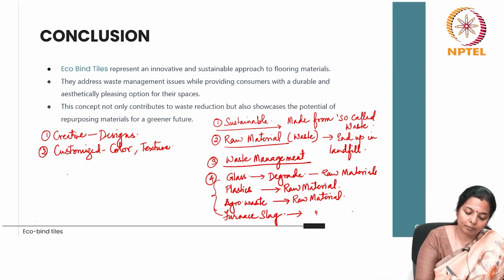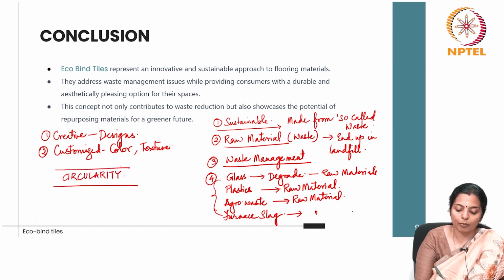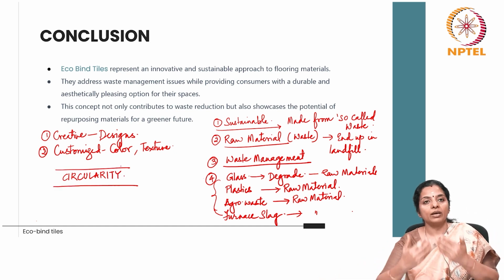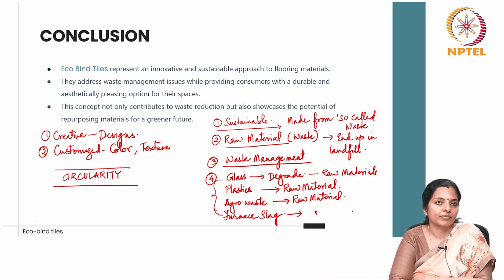And the most important part of using Ecobind tiles is its circularity, which is becoming very, very important in order to be more environmentally conscious. Thus, today we have seen a material, Ecobind tiles, and this Ecobind tile as a concept contributes a lot to preventing waste from getting dumped. It also showcases the potential of repurposing or reusing materials